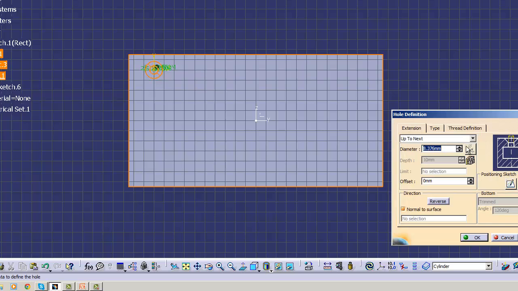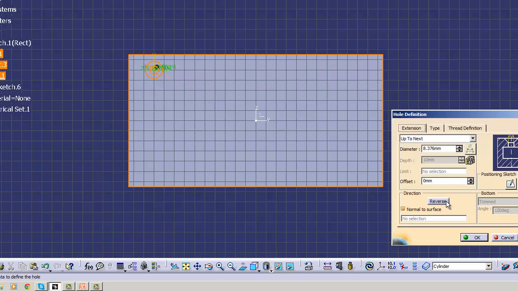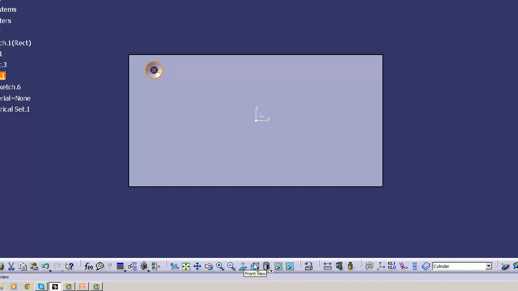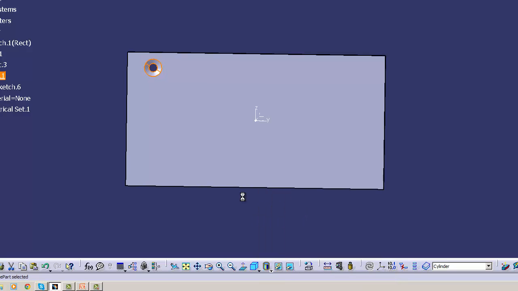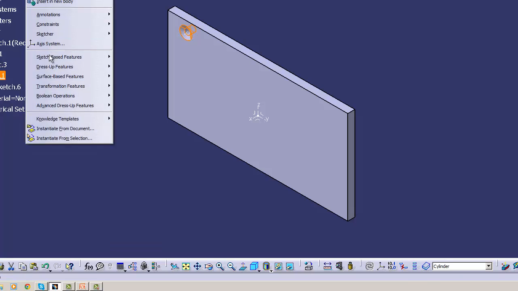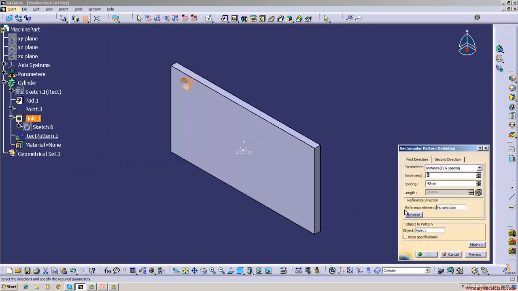Tapped, simple hole, or this type. What is the type? Countersunk. So let us say, let it remain as a countersunk. Then you click here, your hole is made. And this also you can make using the same rectangular command. Rectangular command, 6, 40 spacing, select,